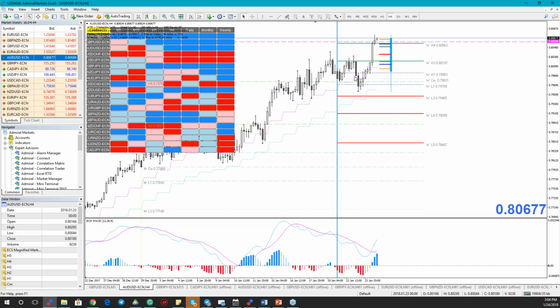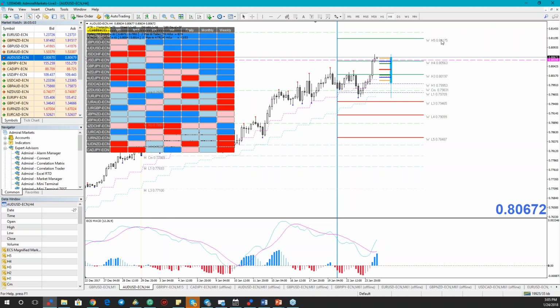Now on Australian dollar we see a strong long, okay, strong long. So it's not a range. If it was a range, then I would say we can sell there also. But now, usually it's weekly H3, weekly L3. Now the price is going up. So I would go with a sell if it happens during the night, 81.20. That could be a blind sell here because it's weekly H5.